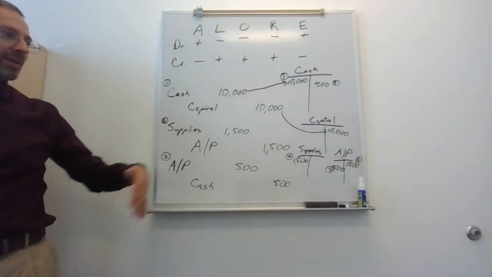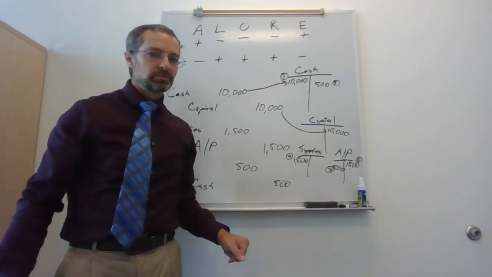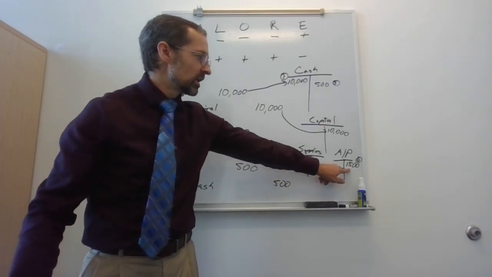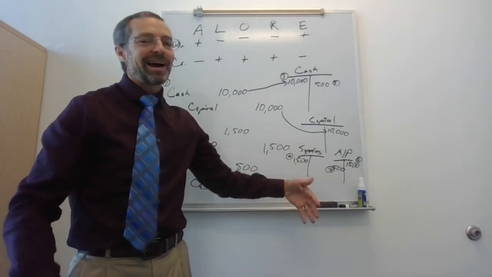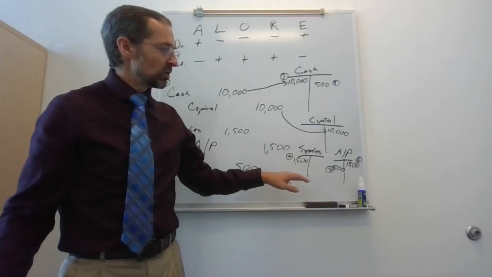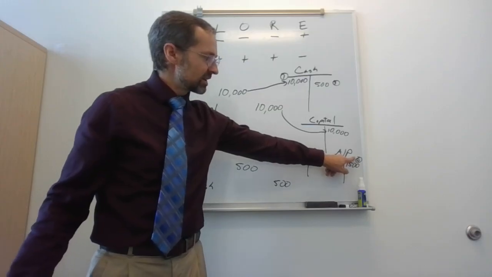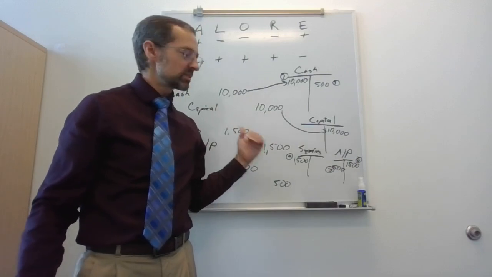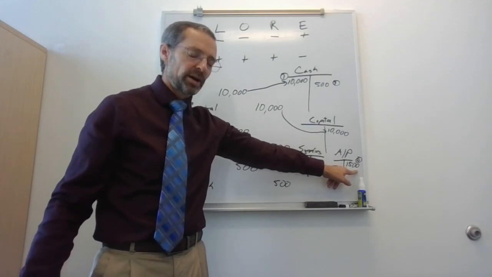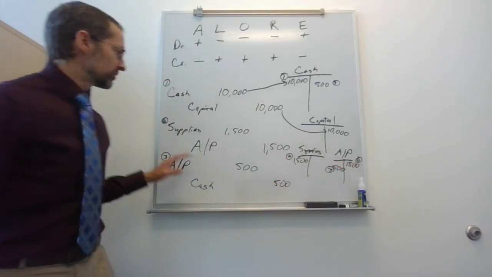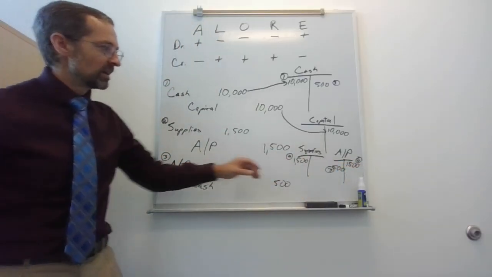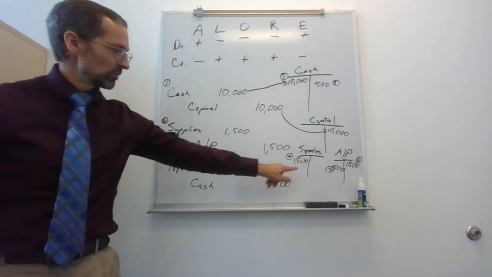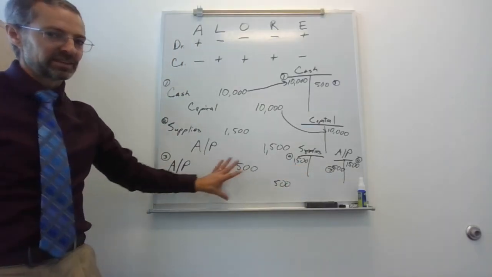So if I wanted to find out everything that happened with accounts payable, I would go to my ledger or my index and see, oh, it went up 1,500, went down 500. I don't know why. If I wanted to know why, I can follow then the references to the journal entries. So I'd say, okay, well, I don't know why it went up 1,500. I go to journal entry number 2, see the whole story. I don't know why it went down 500. If I want to know why, I go to journal entry number 3, and it tells me, again, the entire story there.